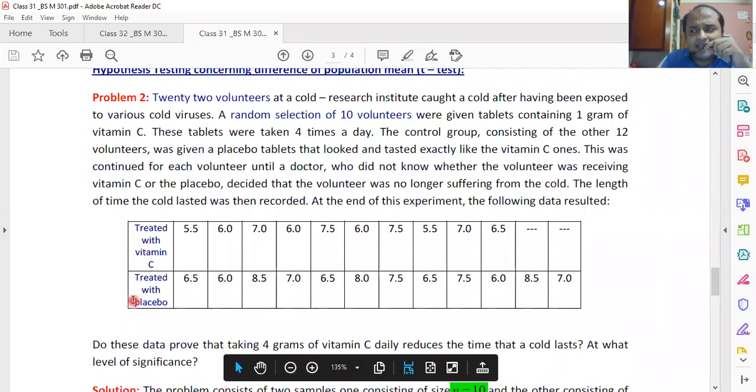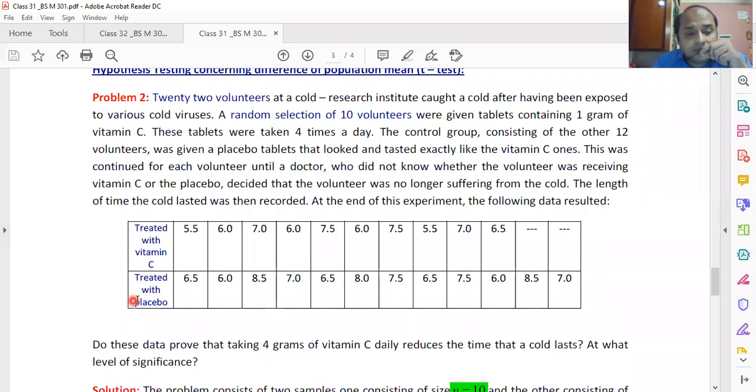Placebo is just a kind of liquid, a mere liquid. But the patients do not know it. The participants in the control group do not know that they have been treated with the placebo. So after treating the 10 volunteers with actual medicine, and the 12 volunteers with placebo, they were sent